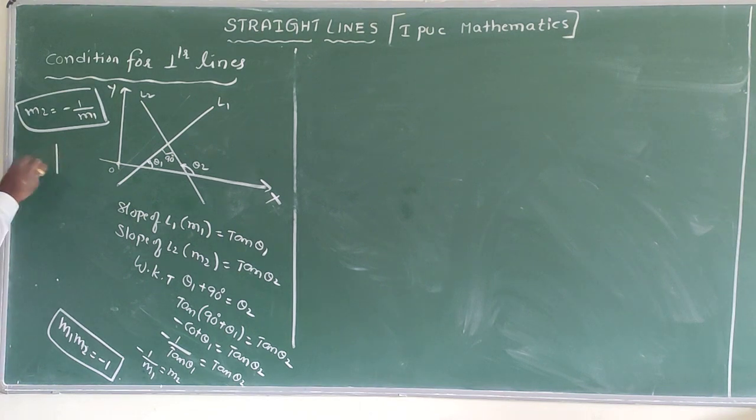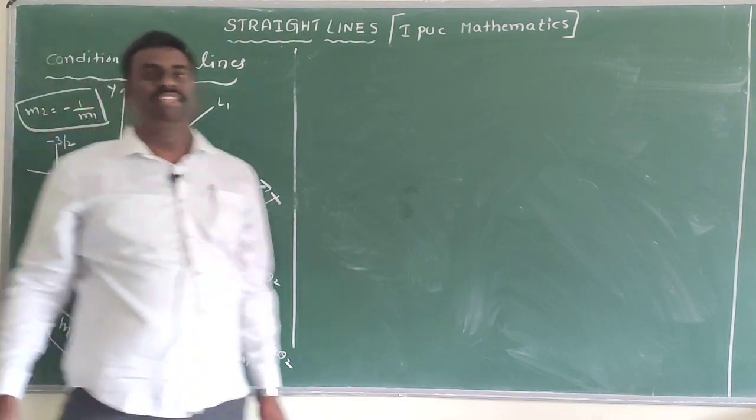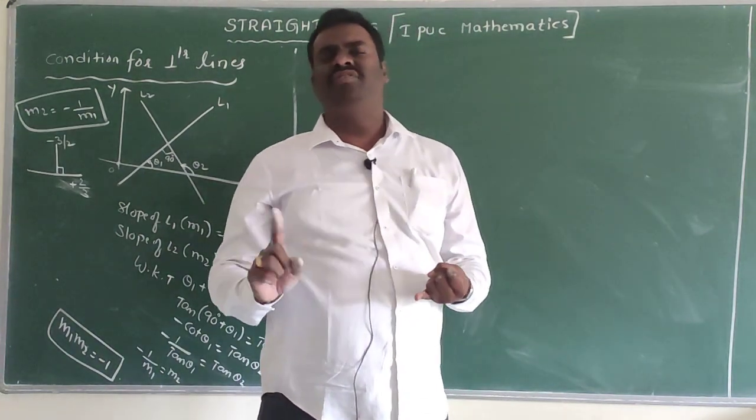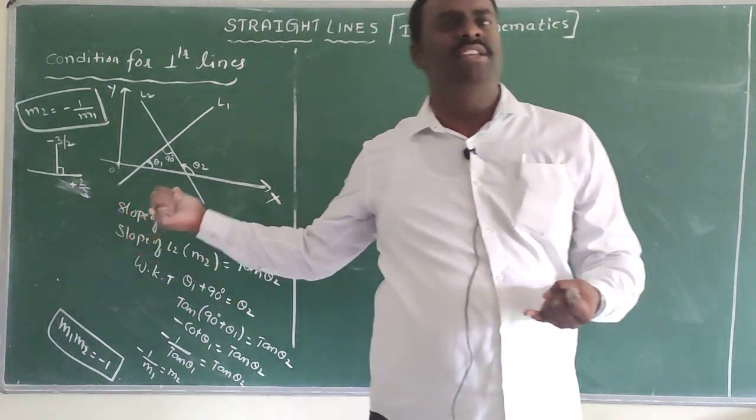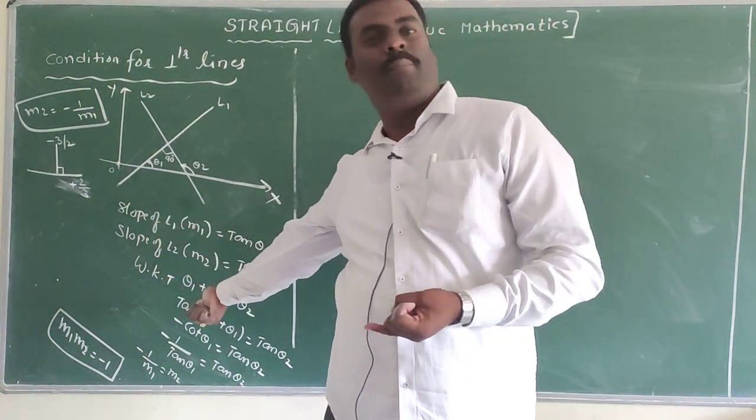For example, these are the perpendicular lines. This line slope is 3 by 2. What about slope of this line? First you put the symbol minus and take the reciprocal of this, minus 2 by 3. For example, the slope is minus 3 by 2. Here symbol minus is there, you take plus and the reciprocal of 3 by 2, that is nothing but 2 by 3. So finally, the condition for two perpendicular lines is nothing but the product of two slopes is minus 1. So finally, what is condition for parallel lines? If the lines are parallel, slopes are equal. What is the condition for perpendicular lines? The product of two slopes is equal to minus 1.